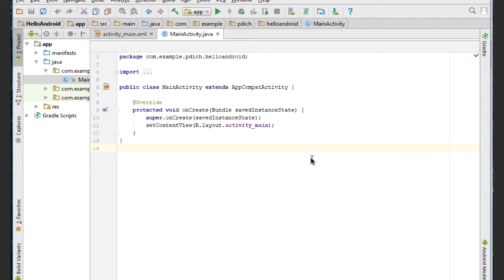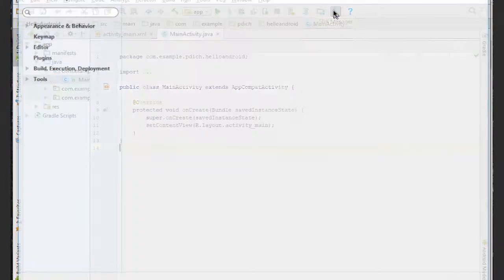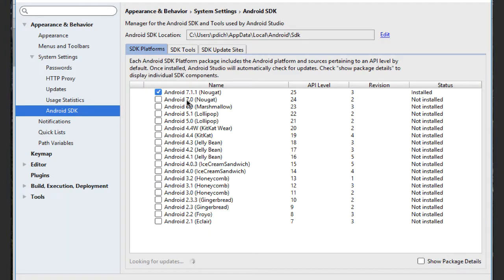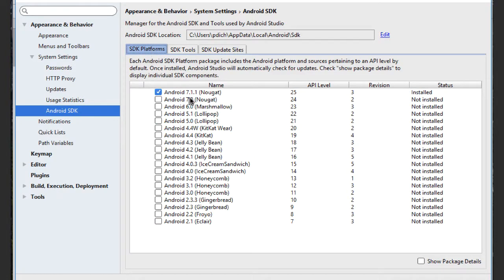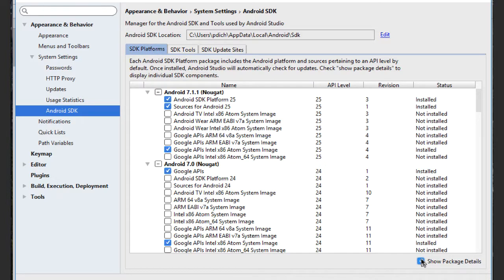So one thing we need to do here is let's go to our SDK Manager, this button at the top. Click on that. It brings us back here. Now, in this tab here, SDK Platforms, we have Android 7.1.1 Nougat, which is the latest one that I have installed. That's fine. However, if you go at the bottom here where it says Show Package Details, click on that, you'll notice